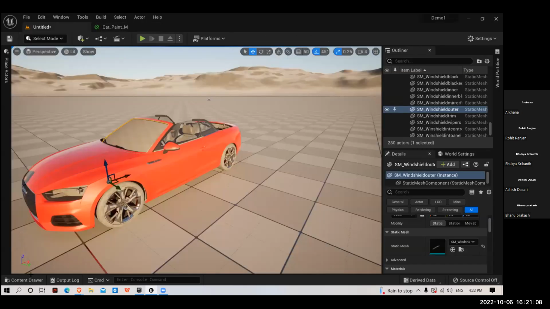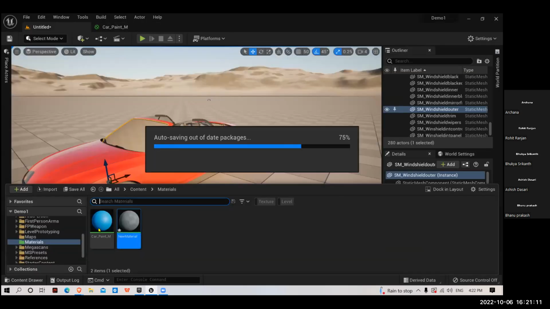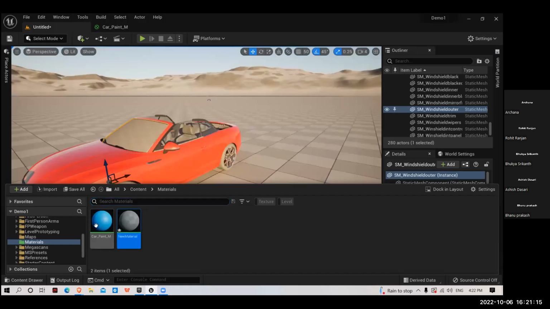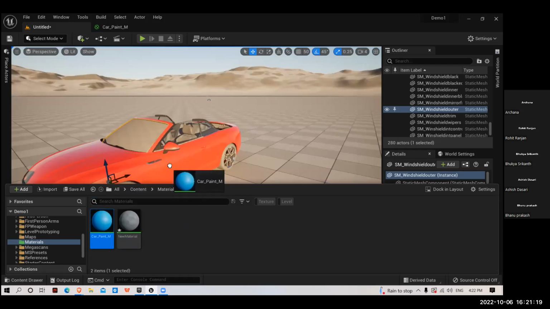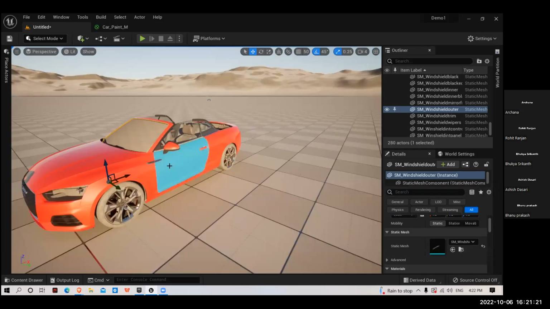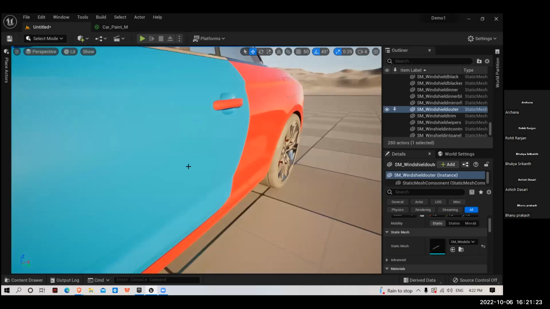We can apply this material to the car body. So go to the editor, content browser. Now this is the one which we have created, car paint underscore m. So select this, drag and drop onto the car mesh. You can see this is